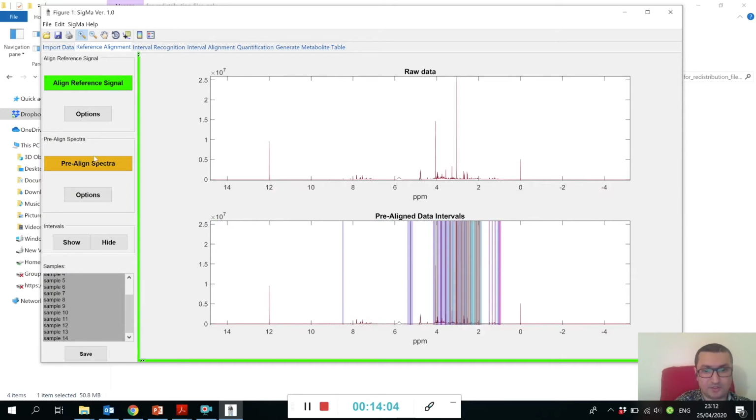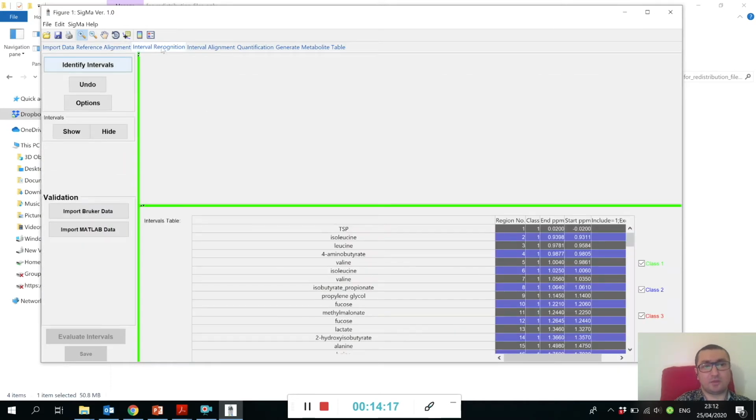So you can evaluate this, and if we are happy, we can just again press right click and accept this pre-alignment. And we continue to the next tab called interval recognition. This is probably the most important tab of using SigMa. So in this tab, what we have is all the mapping of the signature signals and signature signals of unknown spin systems